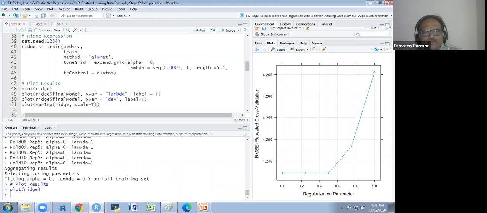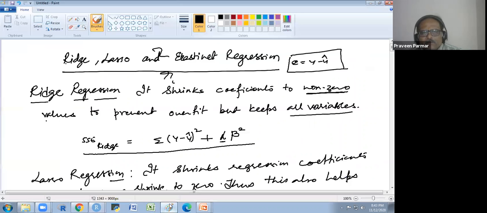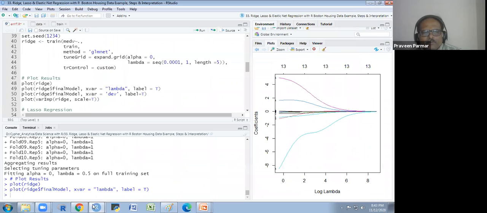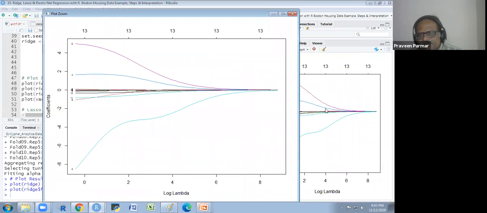I will plot the ridge final model, xvar lambda, label TRUE. Here I am telling you that in the lambda, what I explained to you, it keeps all the variables up to non-zero. So up to the last you see all the variables are there. 13 variables it is showing. It will not remove any of the variables.